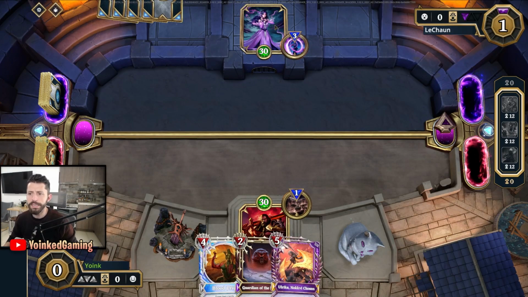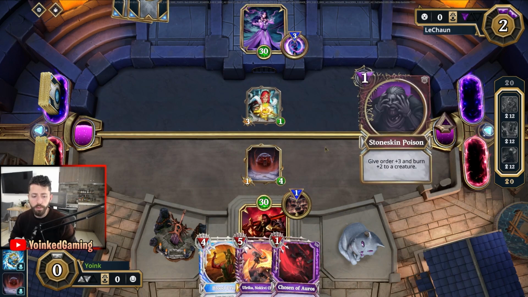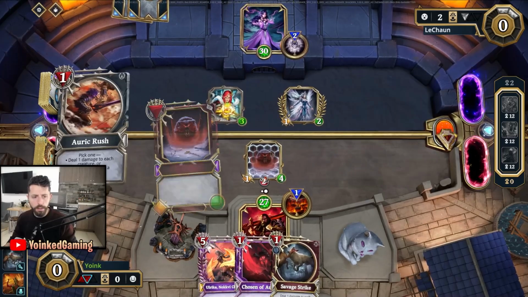This time we're playing against the Deception domain, and it looks like it's going to be an aggro deck. I am going to throw my Guardian of the Pines immediately down the board. Stone Skin Poison for my opponent, but we don't really mind that. Oh, and Irina as well. What the heck? Do I just play Blood Price here? I think I will. Yeah, and on the next turn we are going to draw...